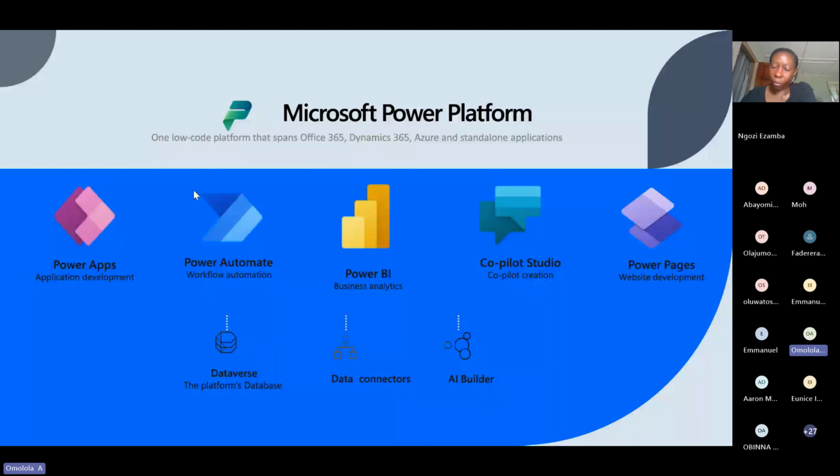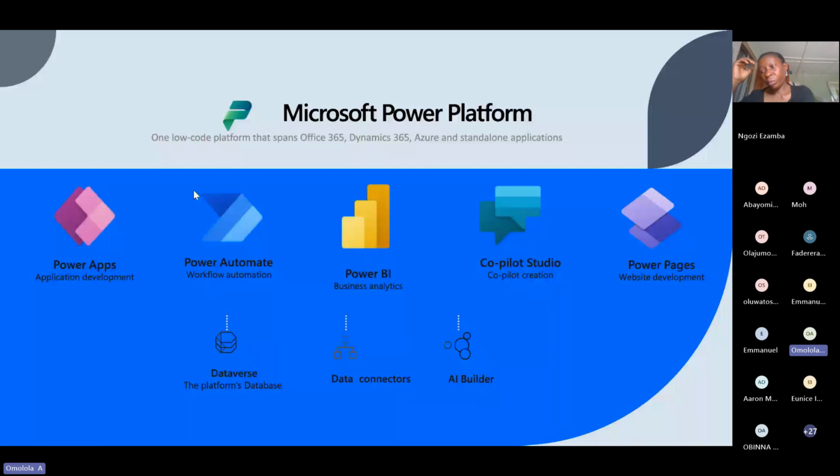So they said, Omolola or Fred, please help us build an application that we will use for making this request happen. That interface that they would come into will be built with Microsoft Power Apps, all right? When you come into the application and you make a request, that request should be stored somewhere, all right? That place that it will be stored, we have a dedicated place for it in the Microsoft Power Platform ecosystem,